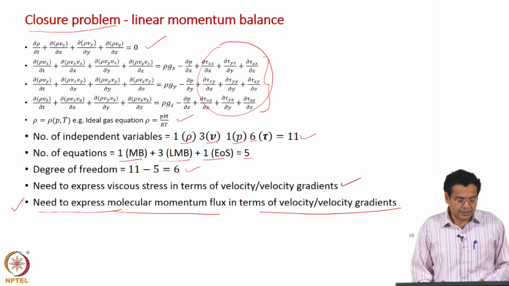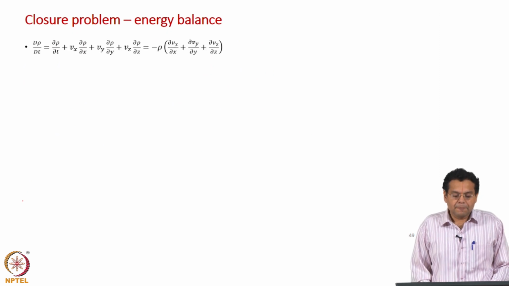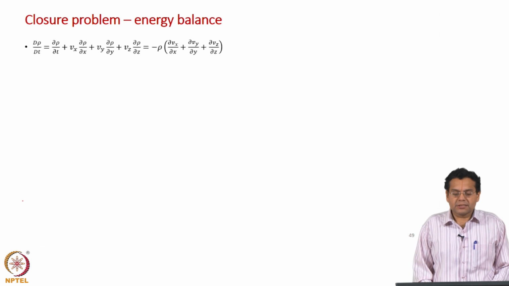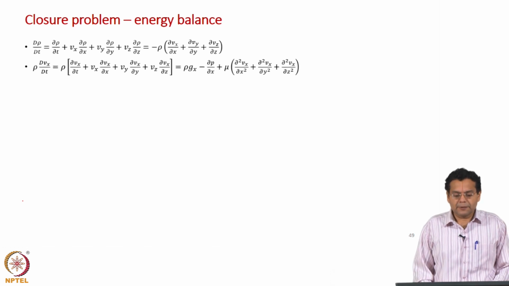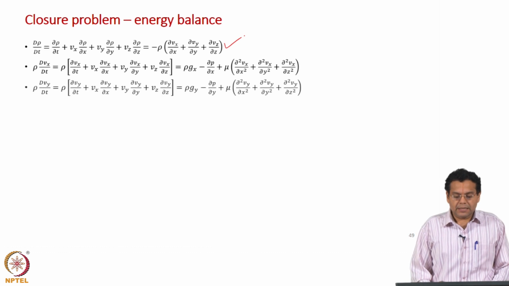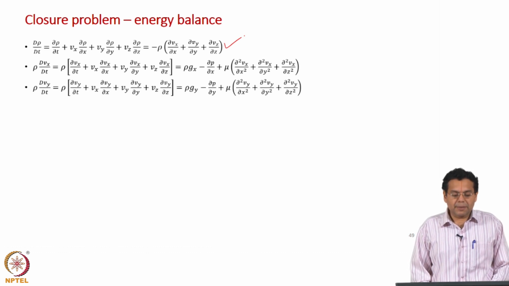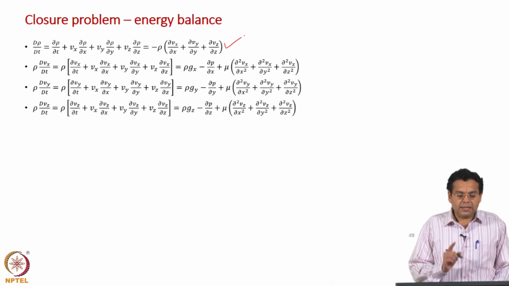Okay. Now, we are in a similar situation now. Let us see why is it so. Let us list down all the conservation equations which are derived so far. We will express them from a material particle viewpoint. Okay. So, that is the equation of continuity. The linear momentum balance equation in the x, y, z direction written in terms of substantial derivative, number 1.